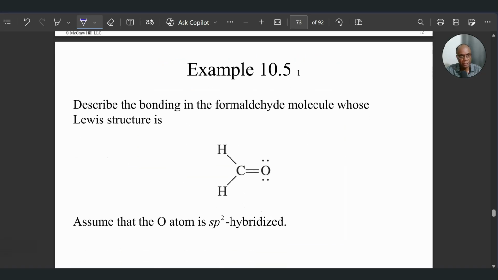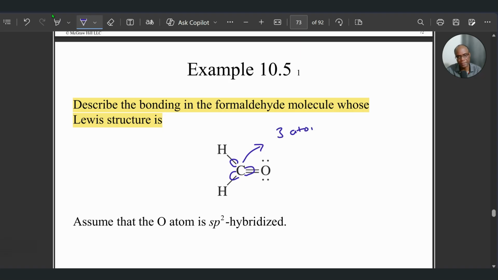Okay, example 10.5 is asking us to describe the bonding in the formaldehyde molecule whose Lewis structure is shown. We did this before. I know that this carbon right here is surrounded by 3 electron groups or 3 atoms. So if it's 3 atoms surrounding the central atom, which dictates the shape of the molecule, I expect, right here, 3 atomic orbitals. If I expect 3 atomic orbitals, then I would expect combination or hybridization of s, p, p, 1, 2, 3 atomic orbitals,